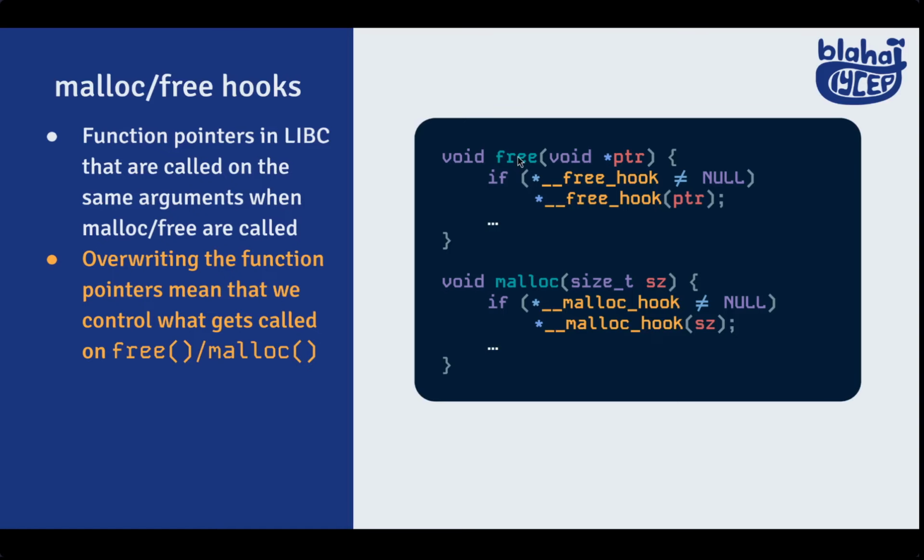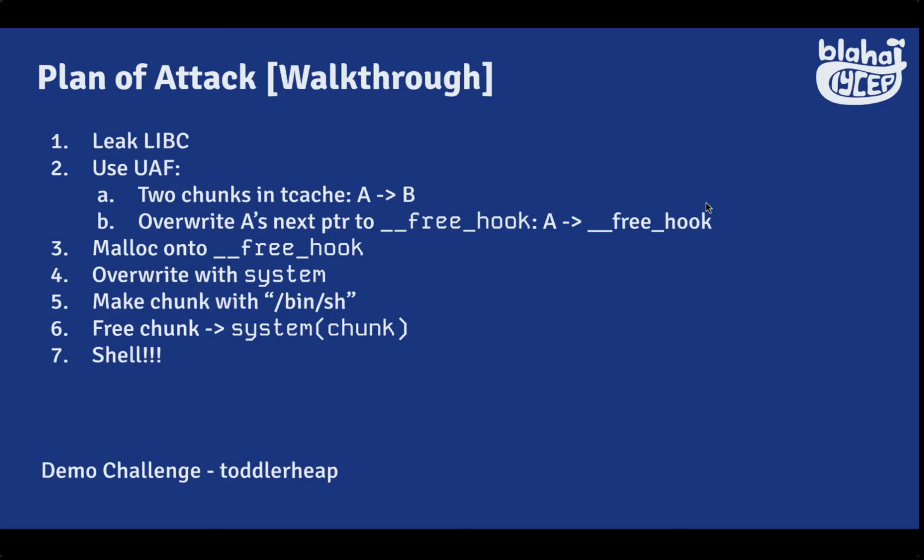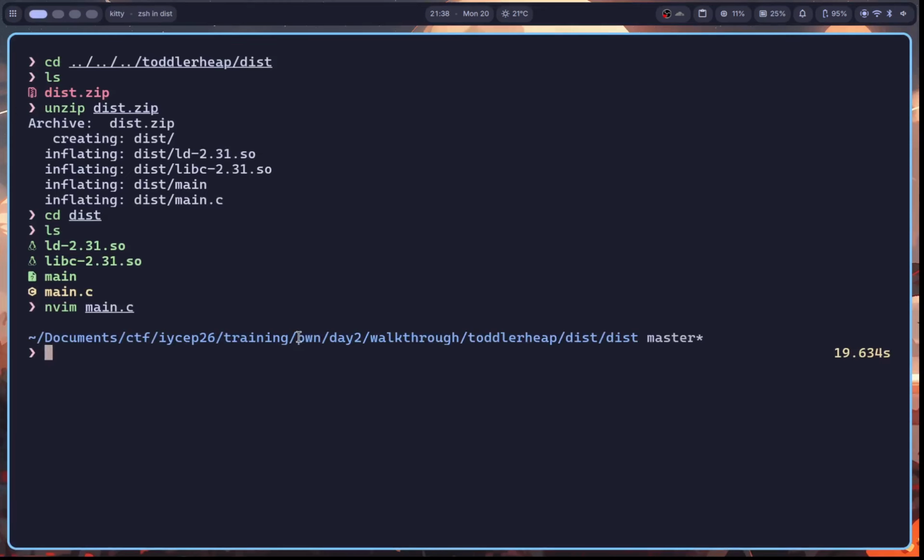And the trigger of our shell is the same, right? When free is called, it will call system on the pointer, and so on and so forth. You'll see that our plan is indeed similar as well, but the target is different. This is the free hook, and previously it was the global offset table. So different target, but since everything else is the same, you'll notice that if we copy whatever code that we had